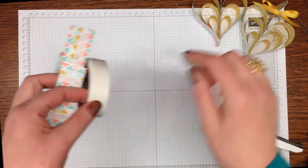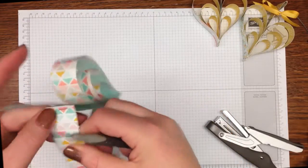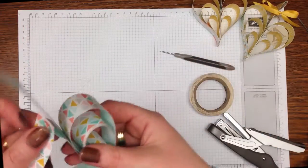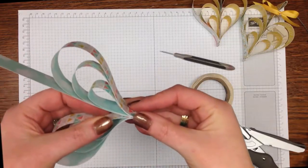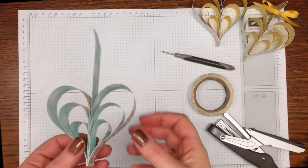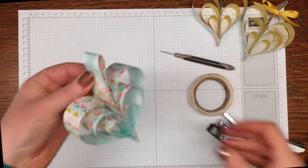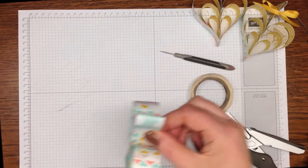You're then going to do, oh, not that glue dot, get another one, put that one there. So basically I'm using glue dots, 1 for speed, but also they do seem to hold really well. I know I use my Tombow for almost everything else, but you'd get into a bit of a sticky mess with this. So look, the heart's nearly done. Isn't that brilliant? Okay, so all I'm going to do now is turn that piece over to make a little handle